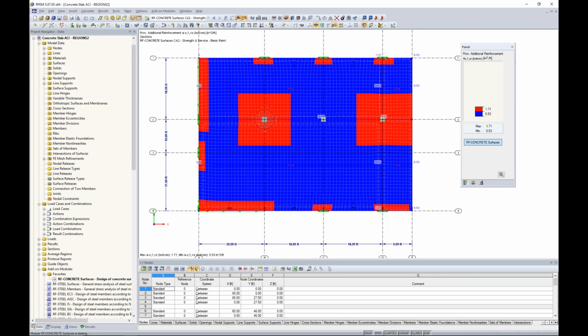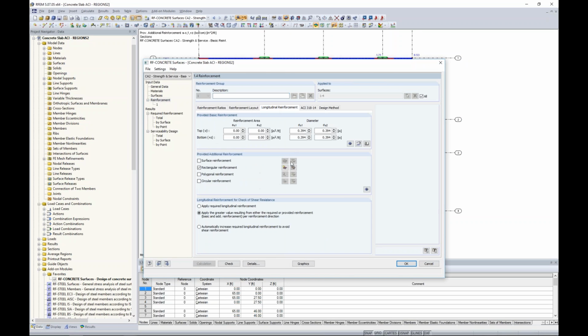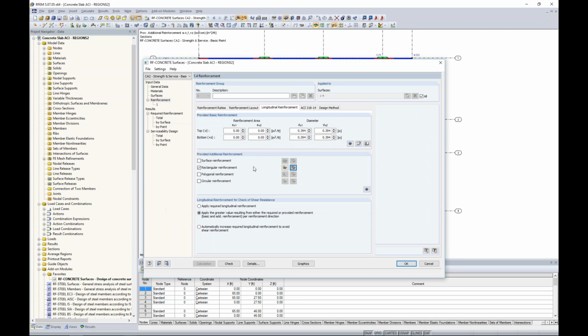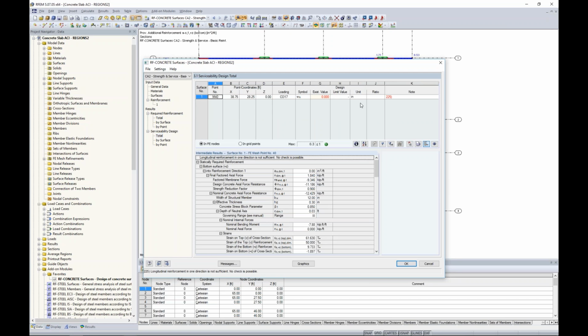I want to show you back in RF-CONCRETE Surfaces. Now that we've applied this to our different locations under my longitudinal reinforcement, you can see that my table is much more extensive here, much longer than what we saw before. What's also great is that now that I've defined these, I can go and run my calculation, and take a look at my same reinforcement results for the total required reinforcement. I still have my crack width telling me what my serviceability design is, but you'll notice that I have